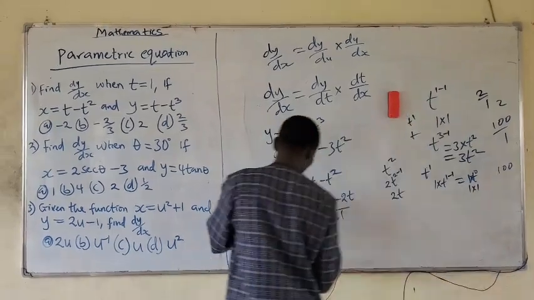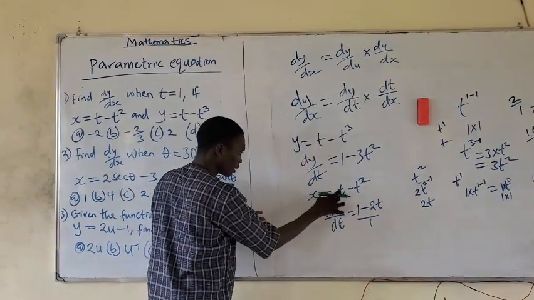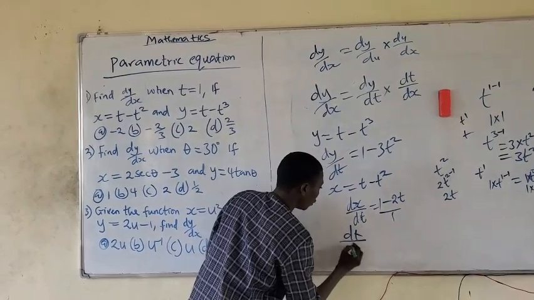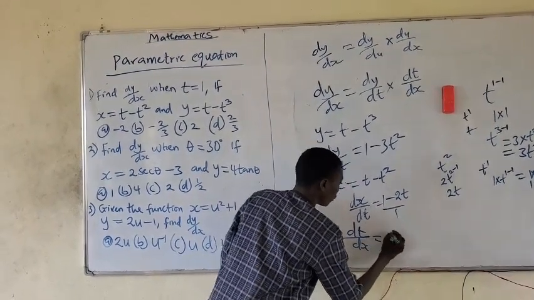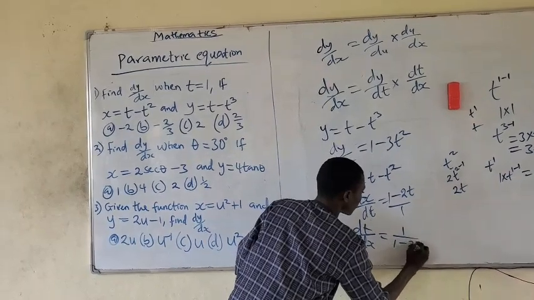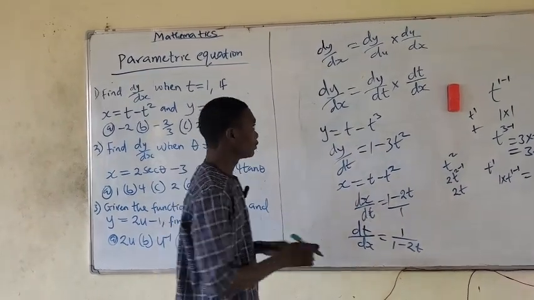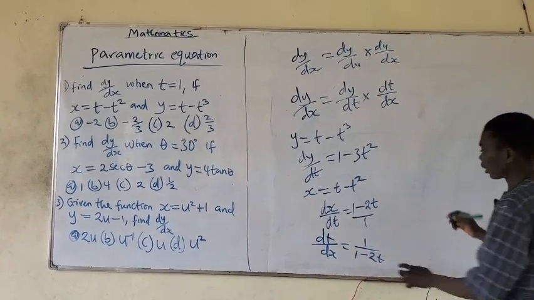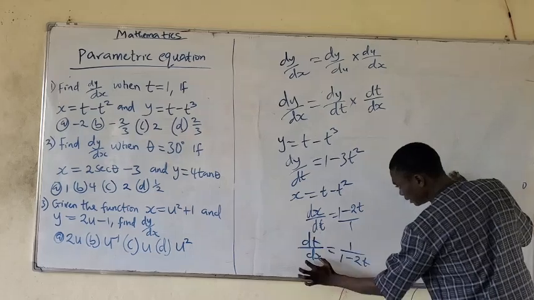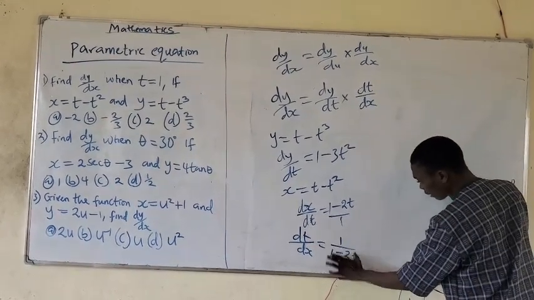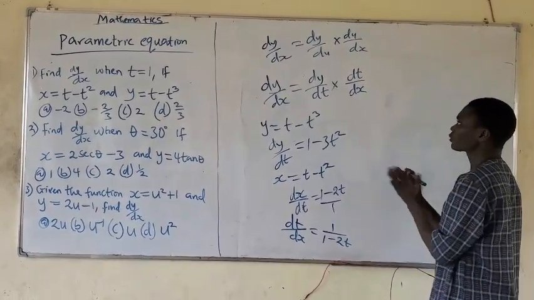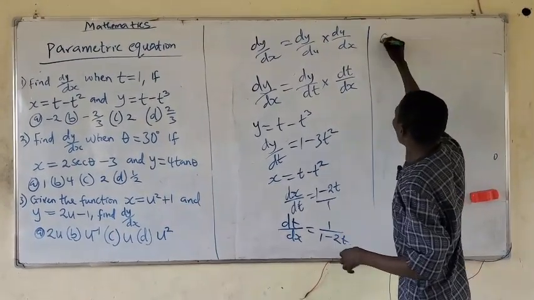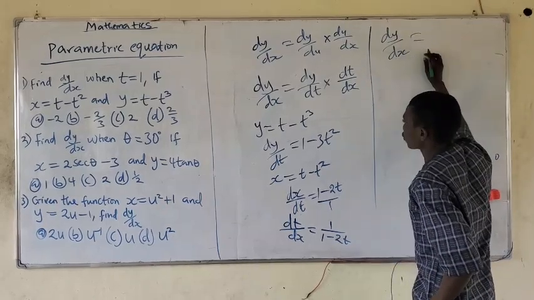So now what I want to do is bring this dt up, bring this dx down. I will now bring this one up, bring this one down. So it will now give me dt/dx equals to 1 over 1 minus 2t. I hope you are following. So I've gotten my dt/dx now, which is given to be 1 over 1 minus 2t. So let me substitute to the formula. We have dy/dx equals to